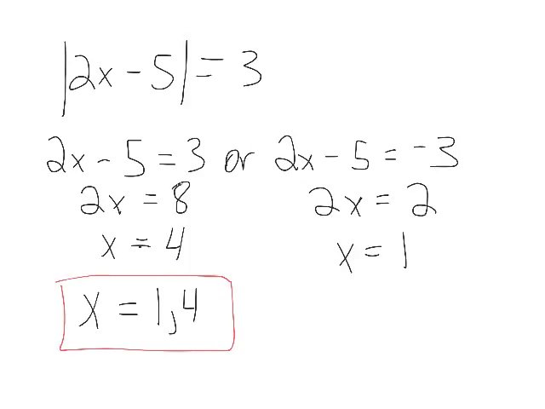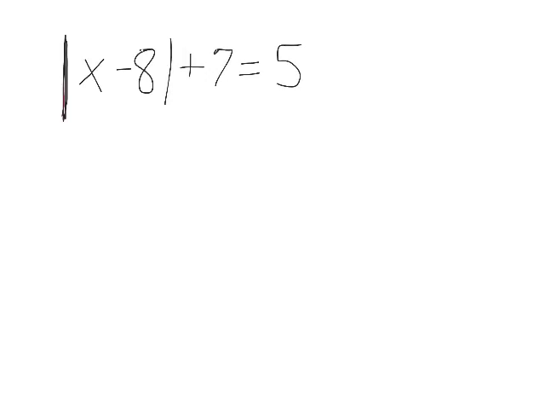Okay, let's try another one. This time we'll put something outside the absolute value bars so that we'll actually have one that does have something that we need to move in the first step. Okay, now your very first step is to move anything that is being added or subtracted to the absolute value. We want to isolate the absolute value completely. So let's subtract 7 from both sides,